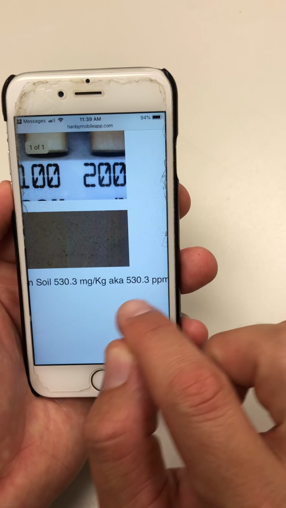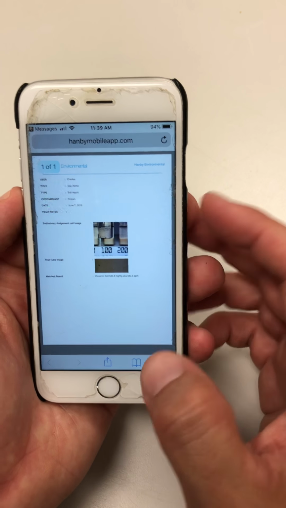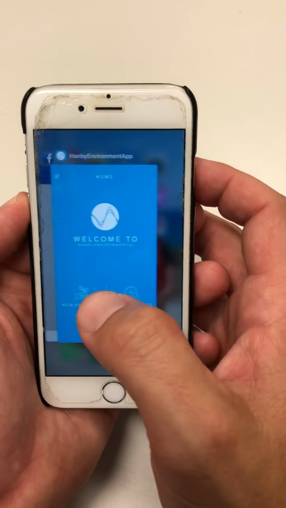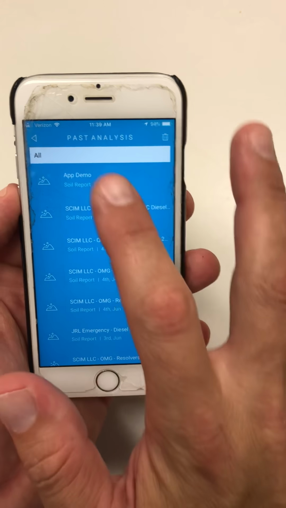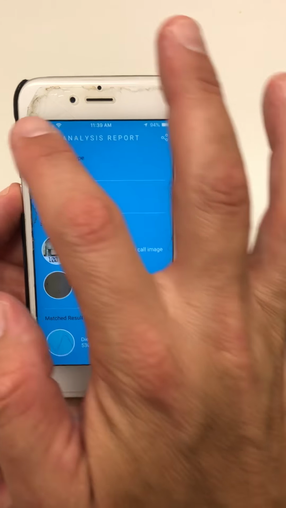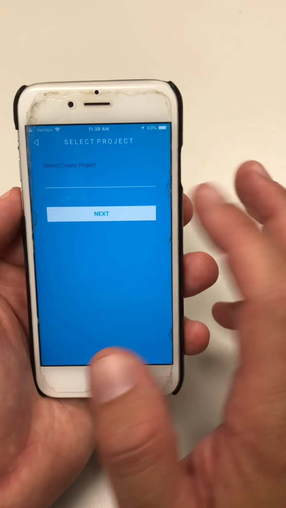Here's our concentration calculation. Again, it's a PDF report that's instantly shareable and is also stored for future reference. It's stored right here in your past analysis. So we could share it again just by going to those dots. So back into the